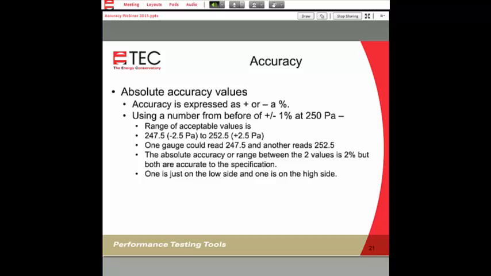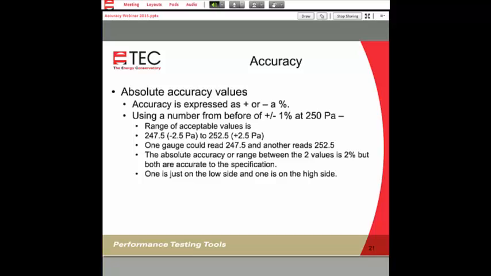Now, another thing is that we express everything as plus or minus a certain percentage value. But that then means that there is a range where two instruments, when compared to one another, could actually both be correct. So for example, if we take plus or minus 1% at 250 pascals, the range of acceptable values is 247.5 to 252.5.